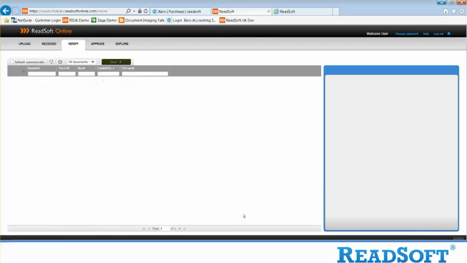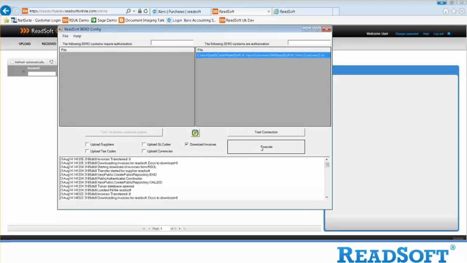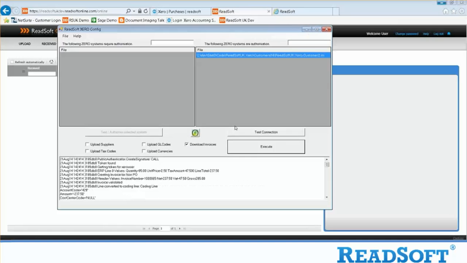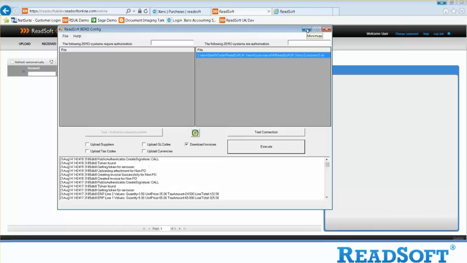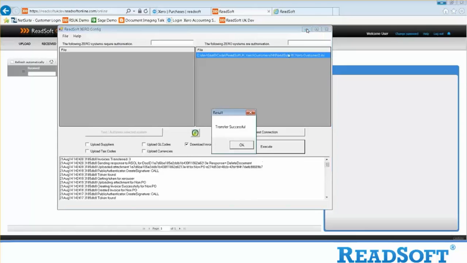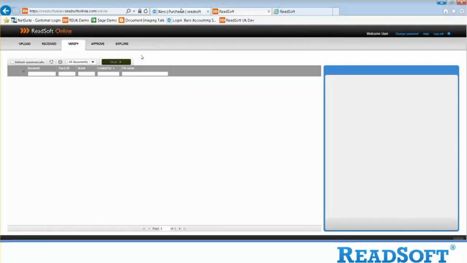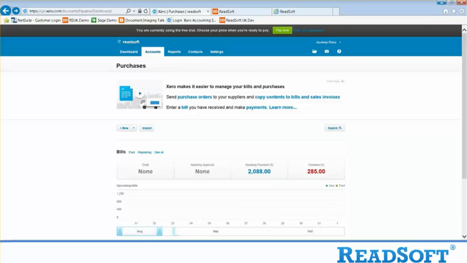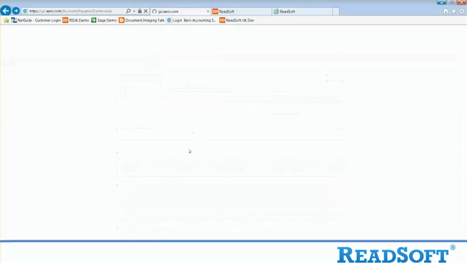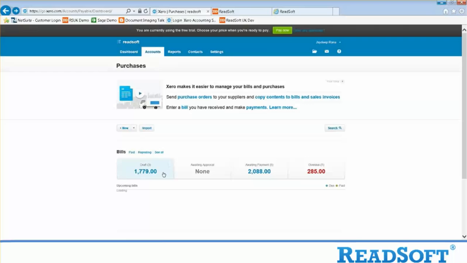Now because I'm running this on a demonstration system, I just need to quickly run this execution here to register the invoice into my system, which is what you can see running away in there. And if I go into my Xero environment, this wouldn't actually be shown to anybody. This is a service that runs in the background, but I'll run it quickly here just to show the values coming through. And here when I press F5 and refresh, you see those 3 invoices are now waiting to be shown in my